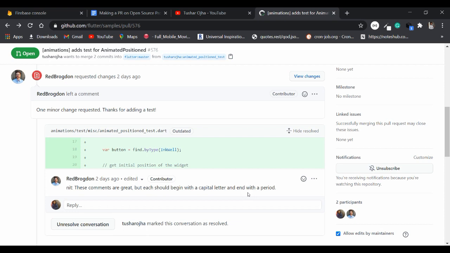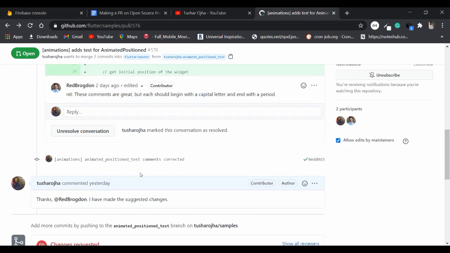This is something I missed while reading the documentation, that is contributing.md. In it they have clearly mentioned that all the comments should start with a capital letter and end with a period. So I have made the changes, so next time I don't have to create a new pull request. Whenever I push a commit to my forked repository, mark my words, please listen clearly: whenever I make a new commit to the forked repository in the same branch, it is automatically added to the pull request created. So this commit is automatically added to the pull request, and it gets updated automatically.